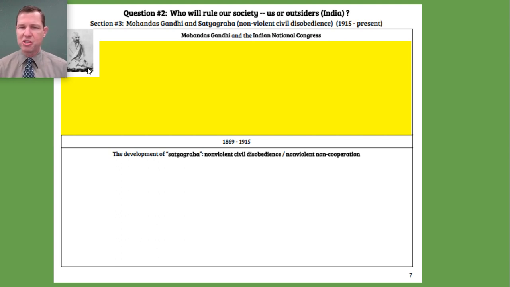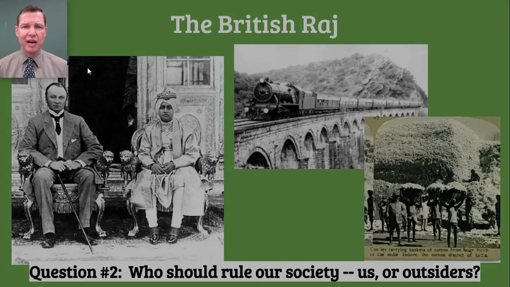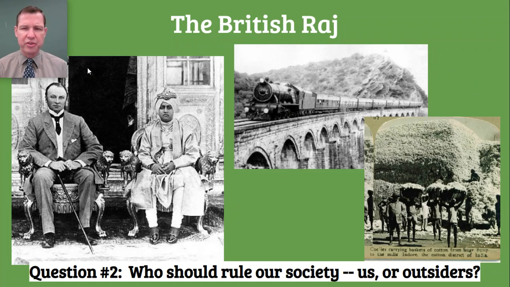So I'm up at the top of page 7 here. And first of all, a little review. Originally, when the British became really invested in India, it was the British East India Company that was allowed to run the show. The British East India Company was a joint stock company that was created to make profit by exporting raw materials from India to England and then selling them at a profit, right?